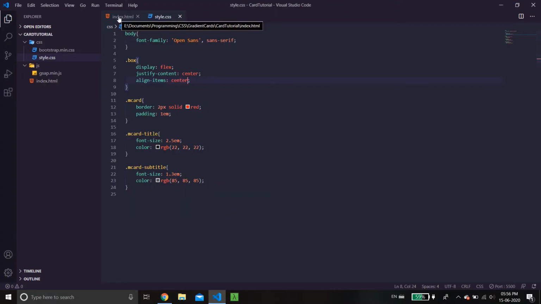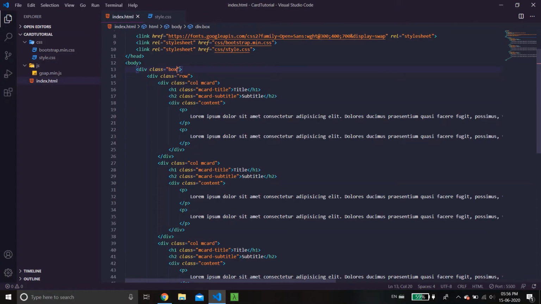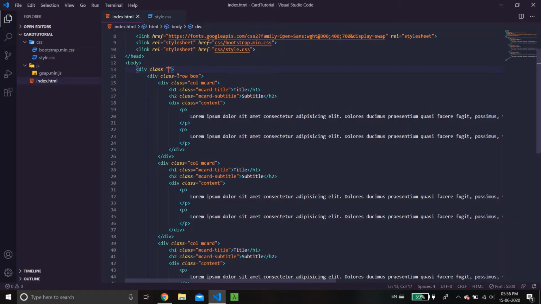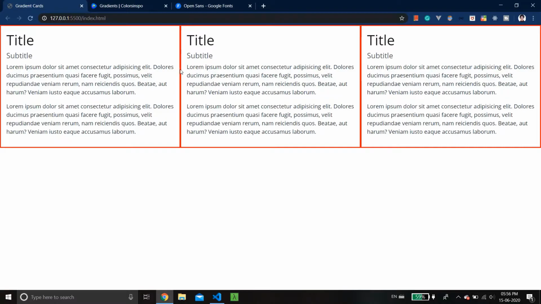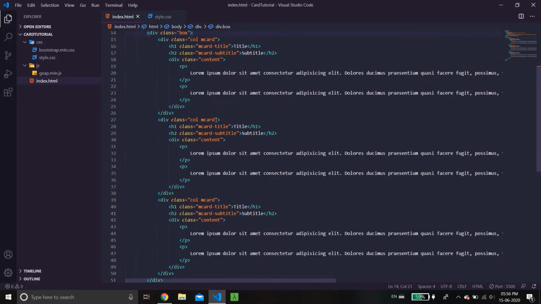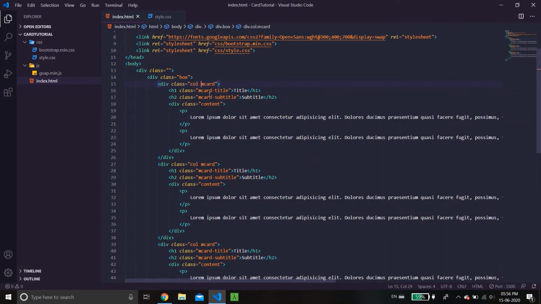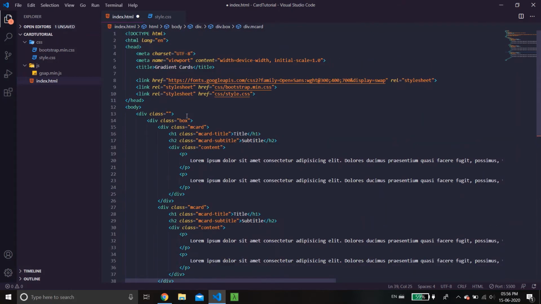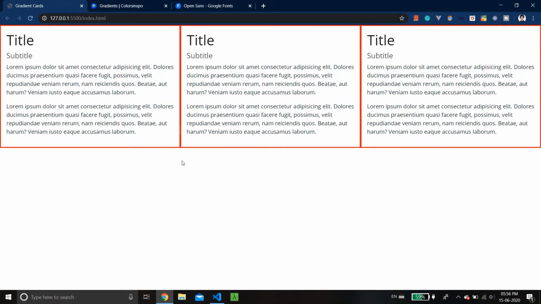Okay, nothing is happening. Oh, it has a row. Okay. I might need to add this here. I should not have used Bootstrap, but anyways, I'm just going to do box. Alright, let's just stop with Bootstrap. I don't know why I did this, but yeah. I mean, the earlier card that I showed you, I had not used Bootstrap, and I thought I should have Bootstrap just for the fun of it, but it's not a good idea when I'm teaching custom cards.